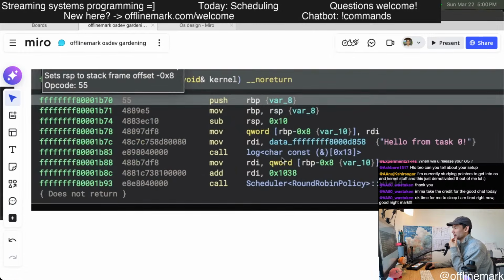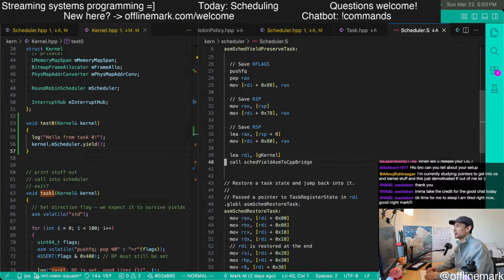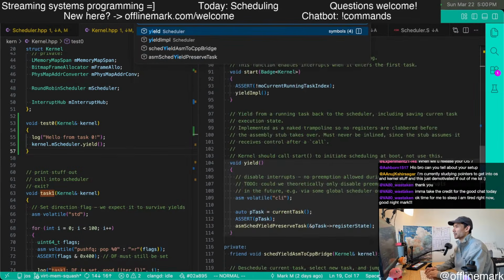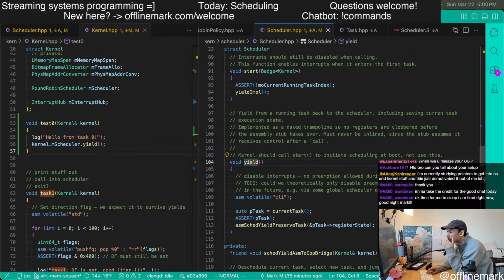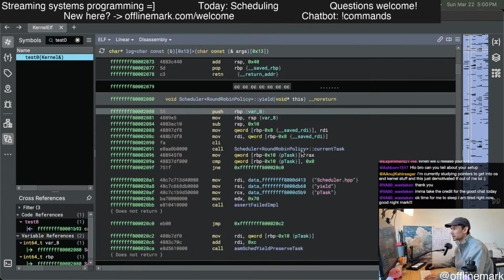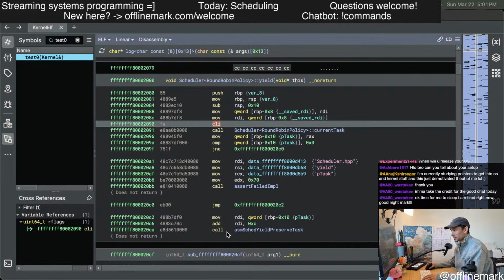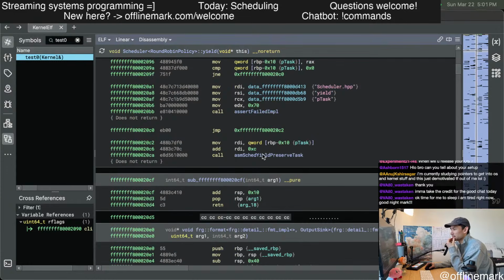And interestingly enough, there's nothing after the call to yield. And let's think about why that might be. You can see the CLI here, this assembly stuff also. Wait, I think,